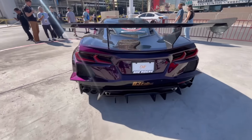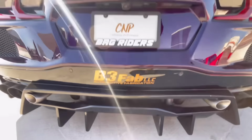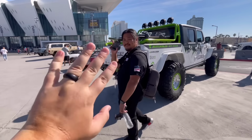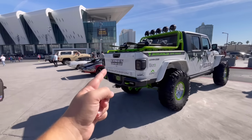This is a twin turbocharged Corvette C8 wide body. Rohana wheels, carbon fiber, everything. This thing is nice. Let's take a look at some other builds. Here's Sin. Everybody say hi to Sin. What's up, guys? Out here outside of West Hall is also where you'll find a lot of the off-road builds,